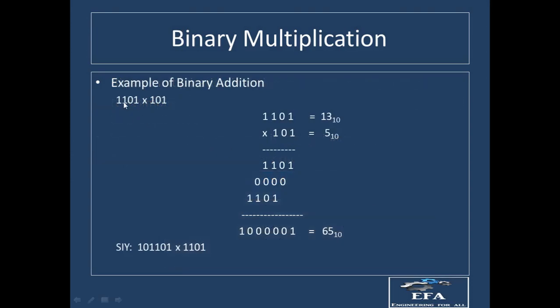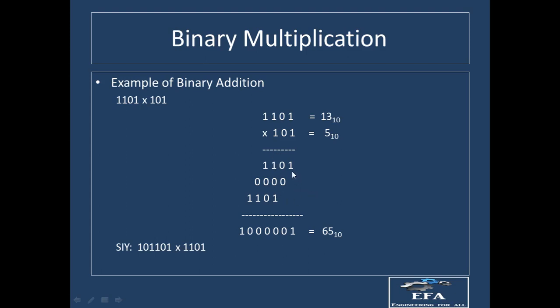Let us say we are having two numbers, 1101 and that has to be multiplied by 101. Now when we multiply these two numbers, the multiplication part can be done in the similar way that we do in the basic decimal multiplication. So 1 multiplied by 1101 will give us 1101 over here. This 0 multiplied by these numbers will give us all 4 zeros, and this 1 when multiplied by this number will give us 1101. Now we have to add these three numbers.